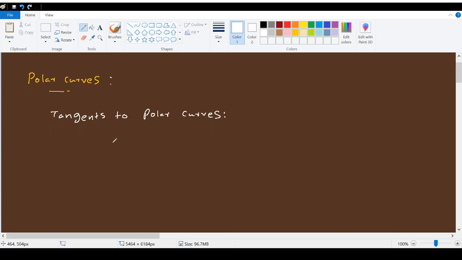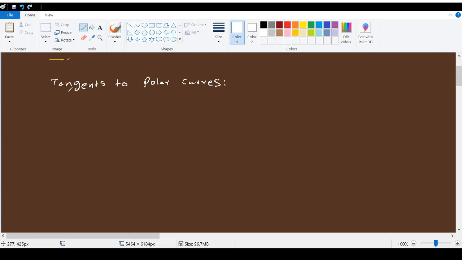Okay, and there's another thing. When it comes to finding a tangent, that is directly related to derivatives, right? But remember, we did all those derivative things in the Cartesian coordinate system. But now, as we are going to deal with polar curves, remember I said in one of the videos for this section, we can